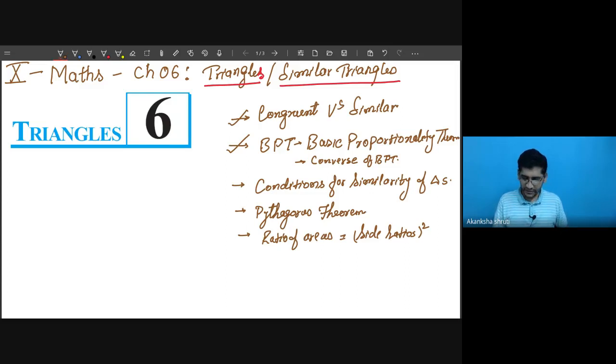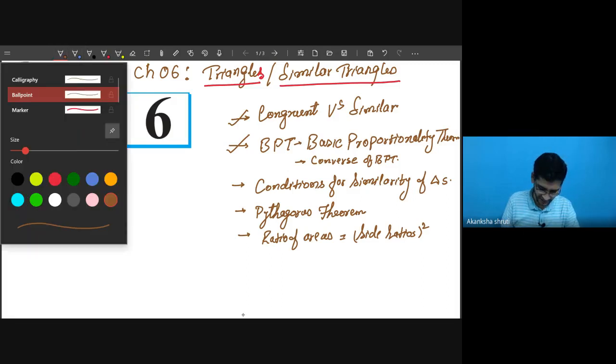In this chapter, the other important topic are criteria for similarity, or conditions under which the two given triangles will be similar. Then applying this criteria, we can derive the relation that the ratio of area of two similar triangles is the square of ratio of their sides. Also, the next topic is Pythagoras theorem and its application. So we shall start with similarity or similar triangles.